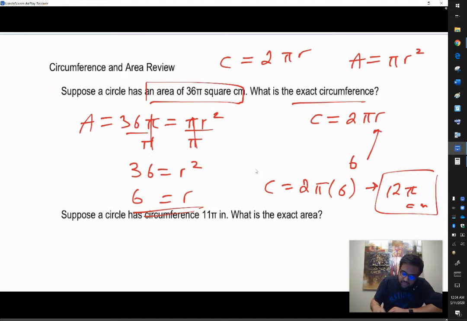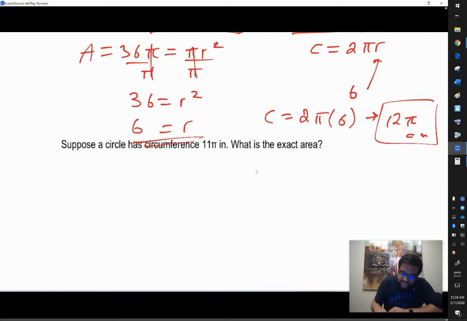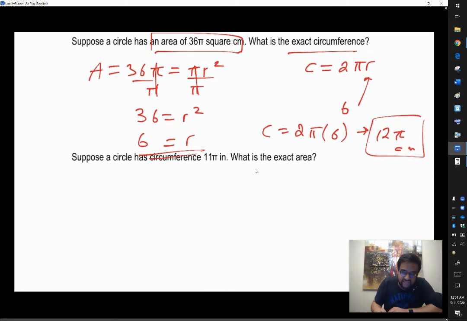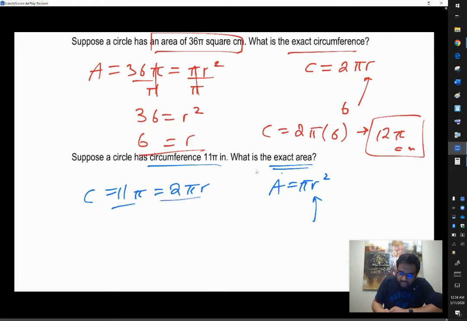Conversely, a circle has a circumference of 11 pi inches. What is the exact area? Area requires radius as well. Are we given radius? No, we're not. We're given the circumference again. No problem. Circumference is 11 pi, but the formula for circumference, you'll remember, is 2 pi times the radius. So just like before, in order to find the area, we need r. So let's find r. Divide both sides by pi,